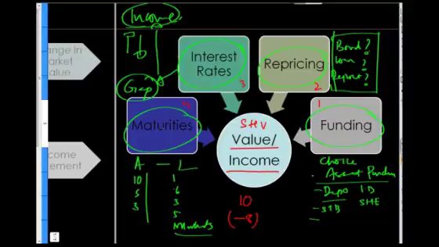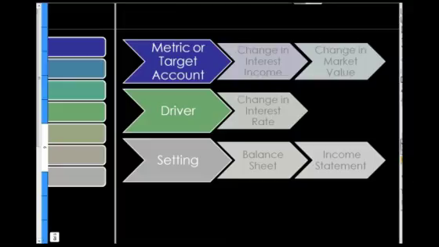We haven't spent a lot of time on income, but in a very simple sense, if rates are at 10% and you make a choice of investing in a 1-year loan versus a 10-year bond, what's the net difference between the amount that you have to pay to your depositors and the amount that you will receive in terms of interest income? So the primary framework with respect to asset liability management looks at the impact of a range of external factors on value and income, shareholder value and interest income. And that's the framework that we'll carry on using with respect to our analysis.